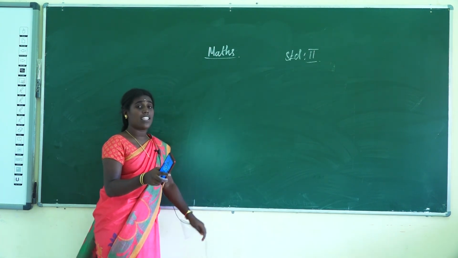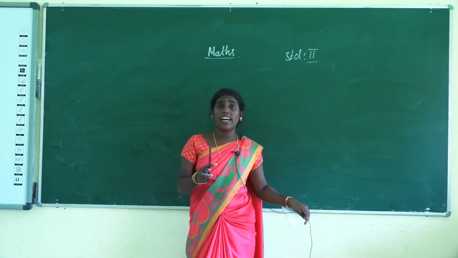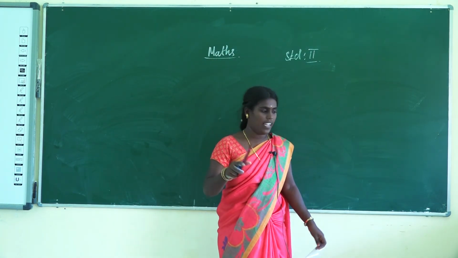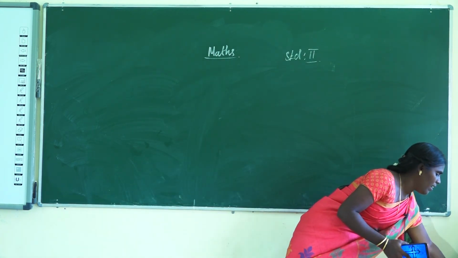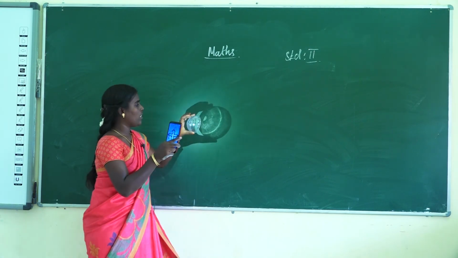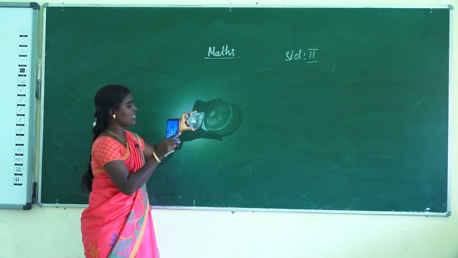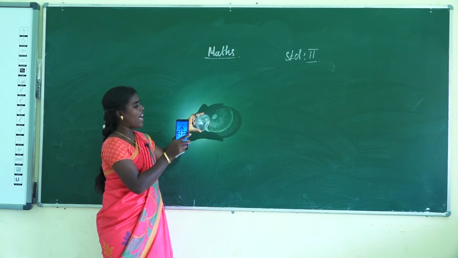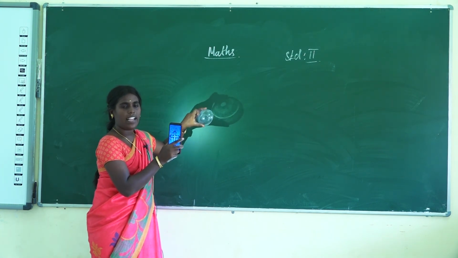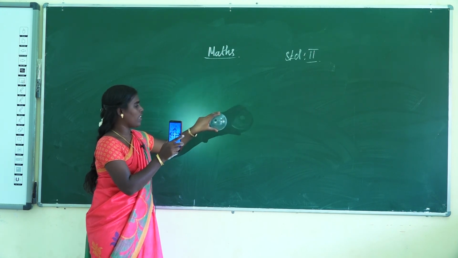The last one is what? Sphere. What does the sphere look like? That is a circle. Now I show the circle. That is a half circle, a semicircle. So now I show it. The shape of the shadow of the sphere is what? Circle. So see here, that is a circle.